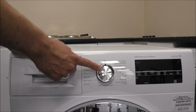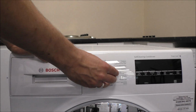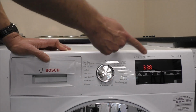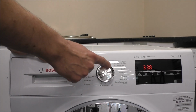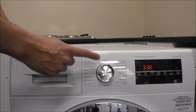And you've got the control dial in the middle. I must say I do like the design of these dryers. And what you'll notice, as soon as you turn it on, you've got this nice display on the right hand side. And I won't cover all of the programs, but this dryer uses something called sensor technology, and the main